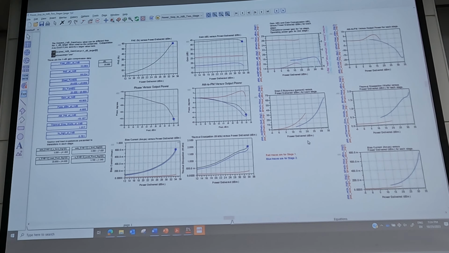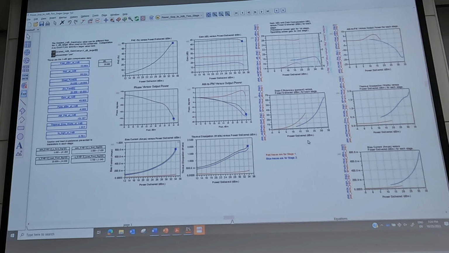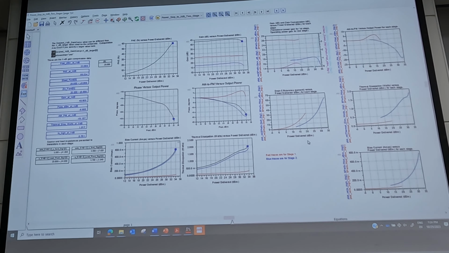So this would go to here. Let's say this is the output stage, and you have a combining network, and maybe you have more than two, maybe you have 4 or 8.